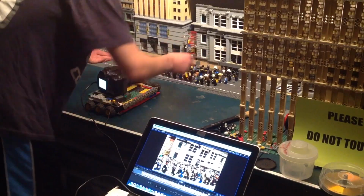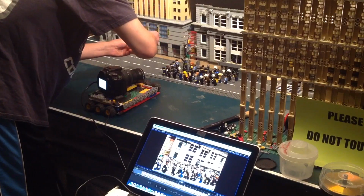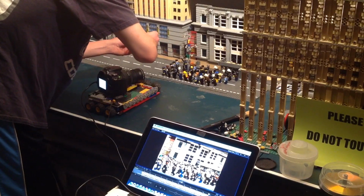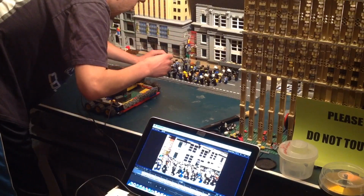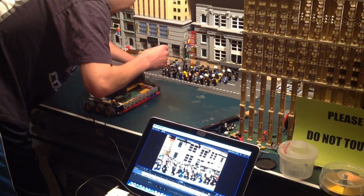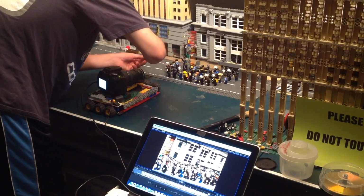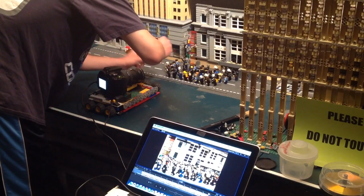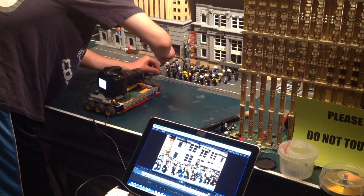So this is the most painful process. I have to go in here. There's little clay bits on all the little feet, and you can see the clay bits in the film, but it doesn't matter, it's just more for the entertainment, and it's not going to be on TV or anything, so I don't really care. You've got to move each little piece. I kind of go up and down the street,